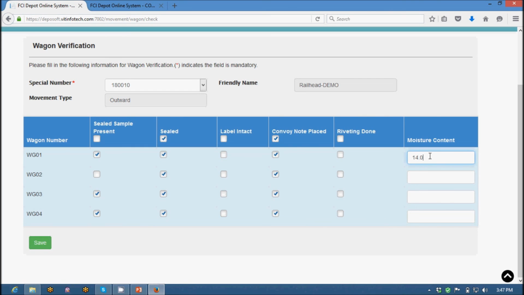So let's say this is 14.0, then we have 12.9, we have 13 over here, 13, then we have 13.5. Once the wagon verification is done, we can click on save.